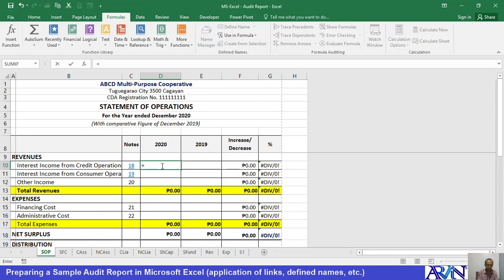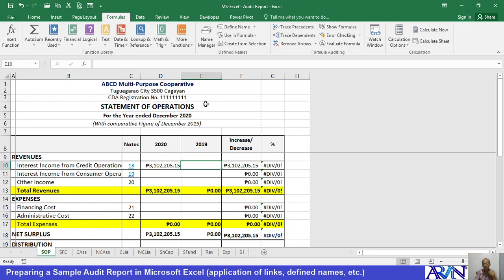So, equals N18, because I made use of the number for notes, N18, and there are already two choices remaining. So since this is under 2020, I will make use of this, and then enter. Okay, if you encounter this symbol, the column width doesn't fit the value. So equals N18 2019, double click and then enter. So here we have equals N19 2020, double click,